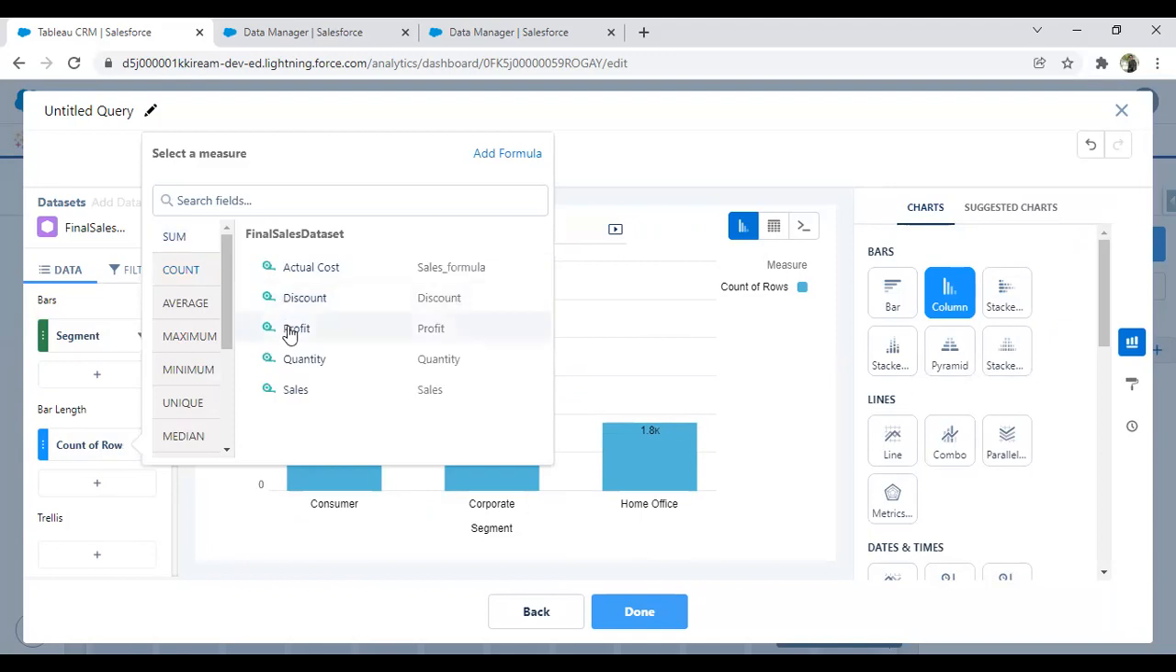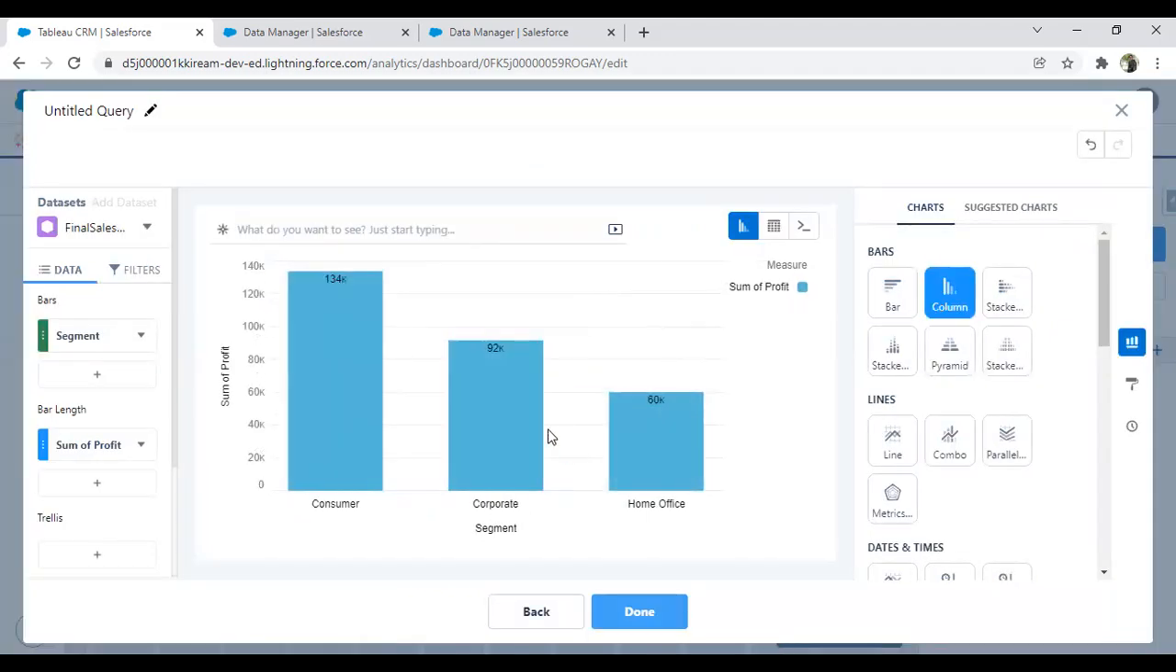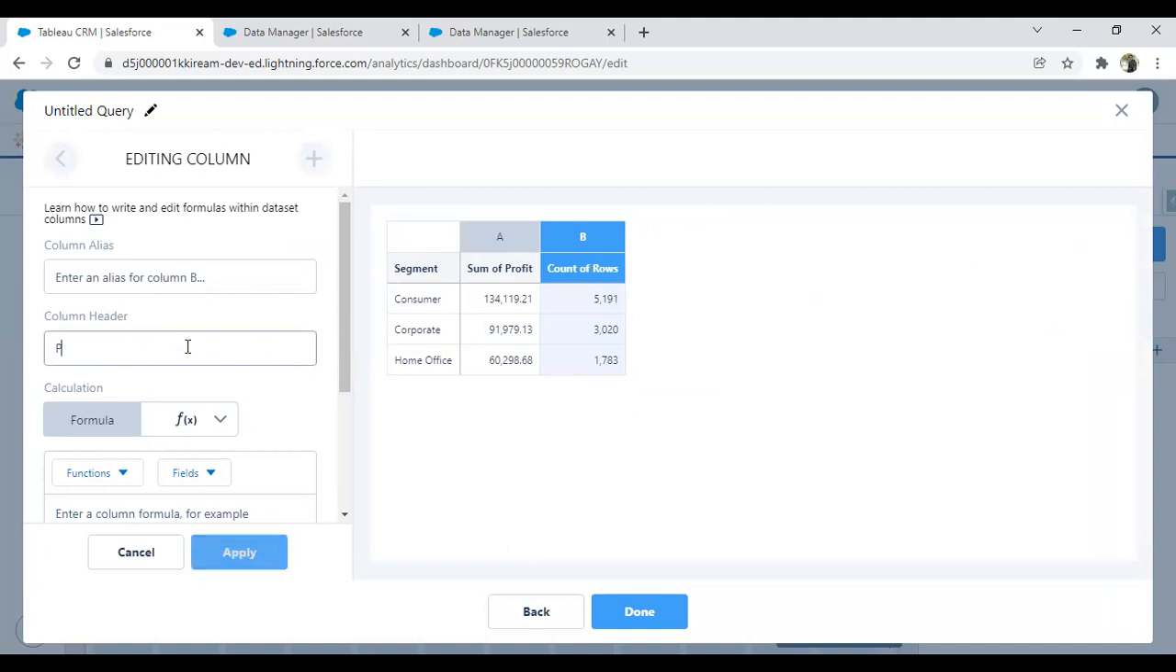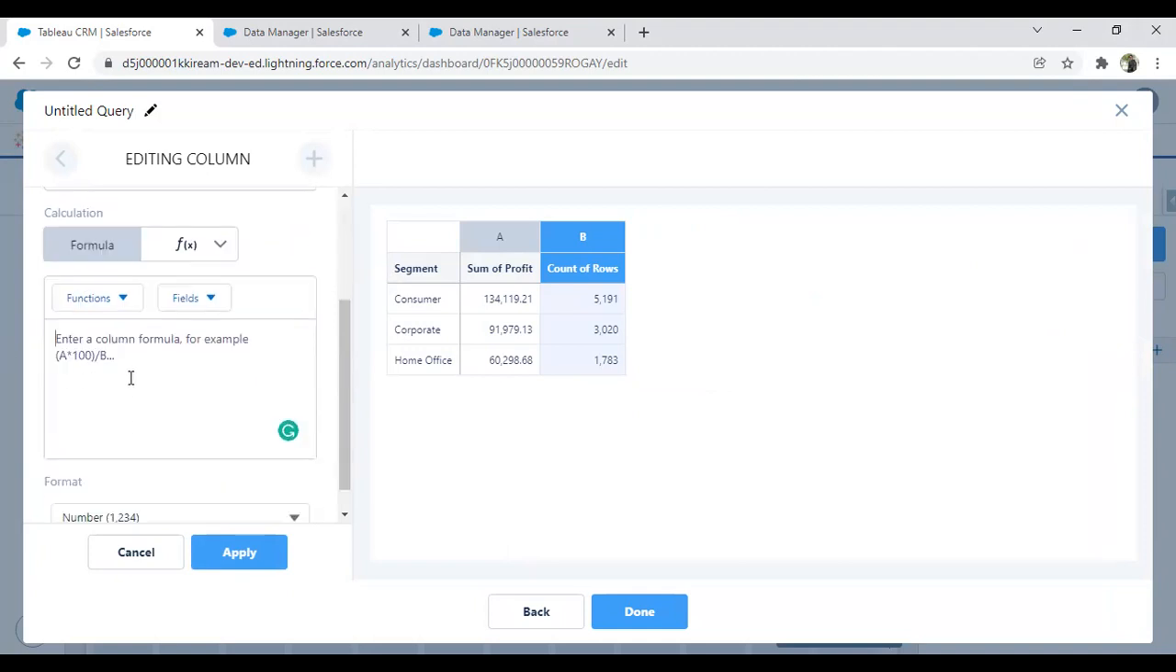So I just say sum of profit, but we require profit percentage also, so it would be a calculation. I click on add a formula, and I'm going to add a calculated field. I write here profit percentage. We'll just be getting the percent of profit. And how to calculate it? The calculation will be like this: sum of profit divided by sum of field. We can add a field from here, sum of actual cost